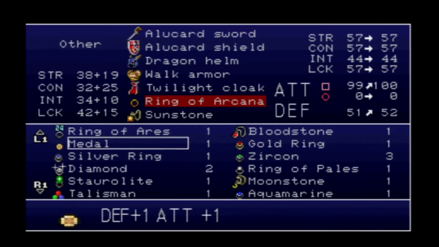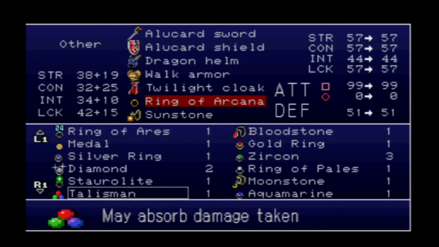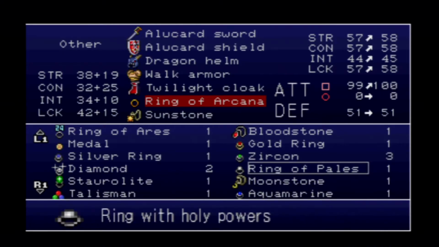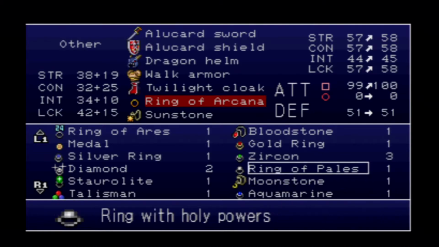Let's go ahead and get a different... wow. The Ring of Ares would significantly increase my attack, but halve my defense. The Ring of Pales would give me holy powers. Moonstone wouldn't do anything because I guess it's not sunset. I'm gonna go ahead and equip...